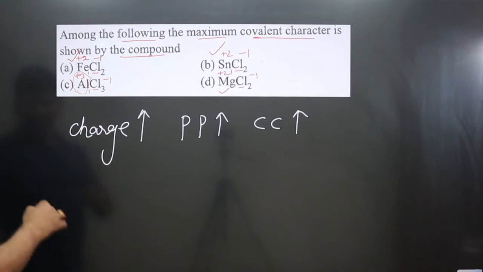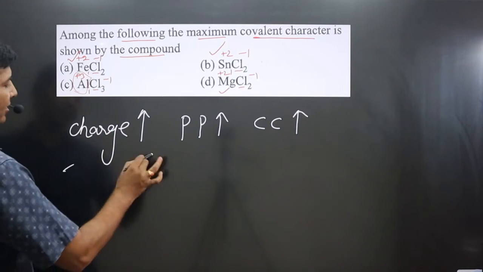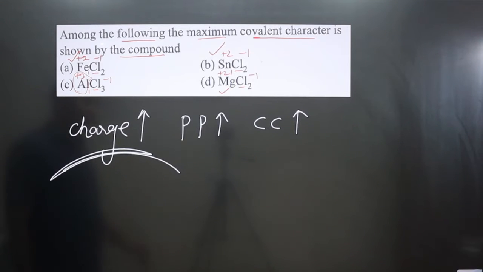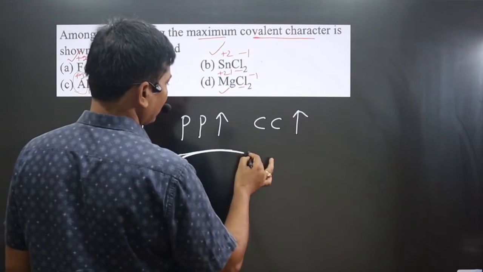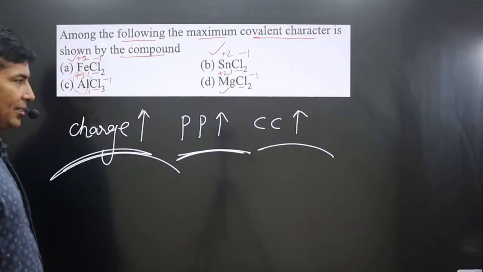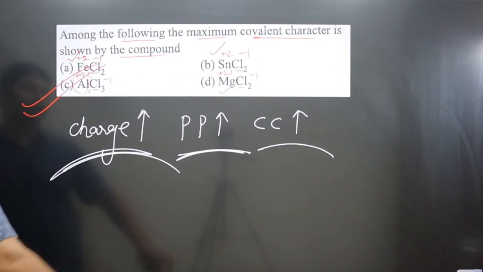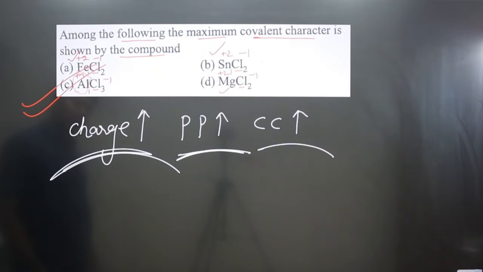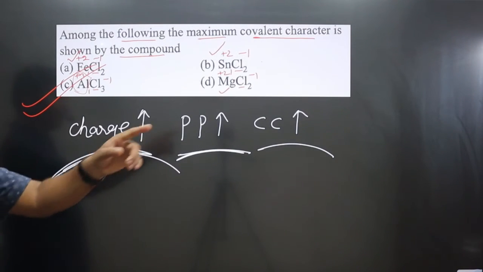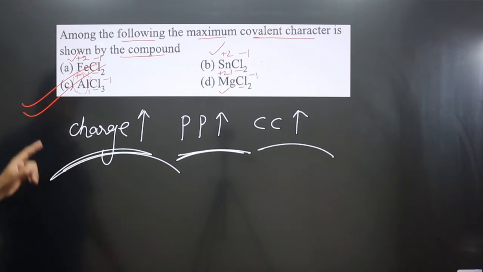Highest charge. So we have learned, higher the charge of cation or anion, higher is their polarizing power and higher is the covalent character. Then we can see since aluminum is having higher charge, its polarizing power is very high, hence it will have higher covalent character. Option